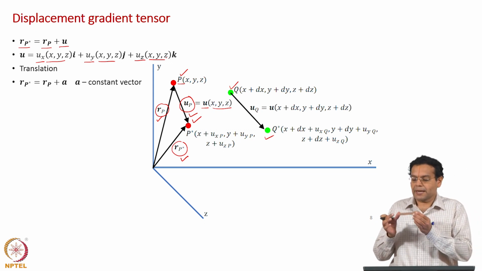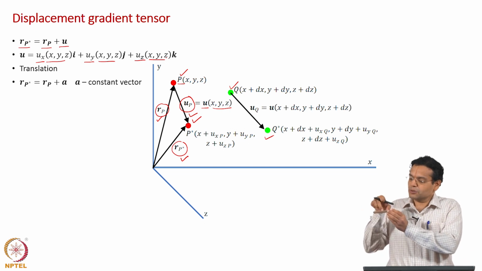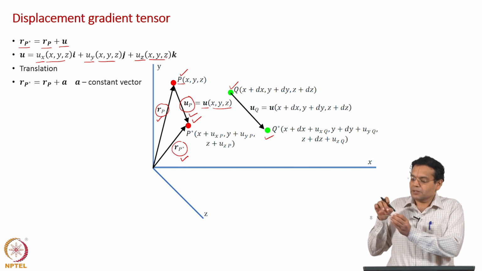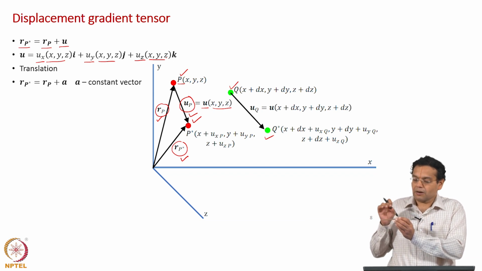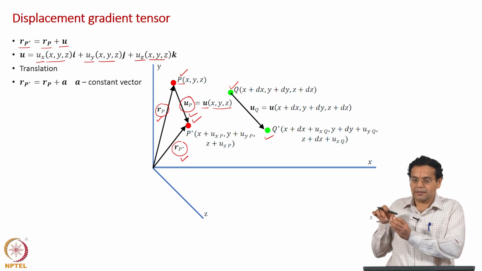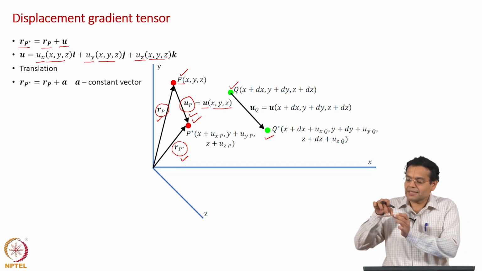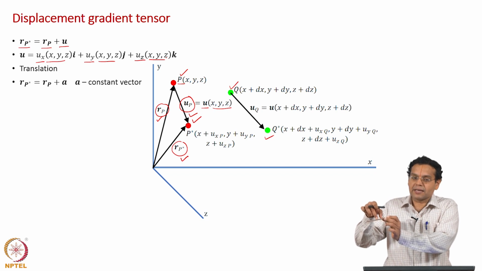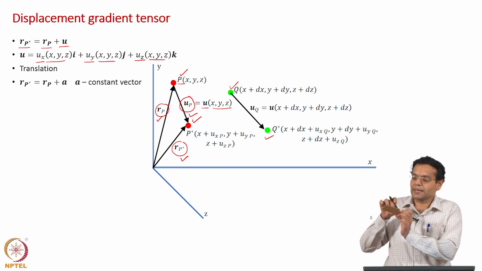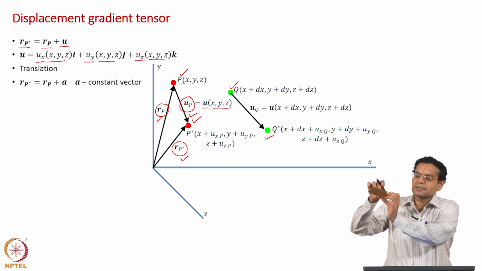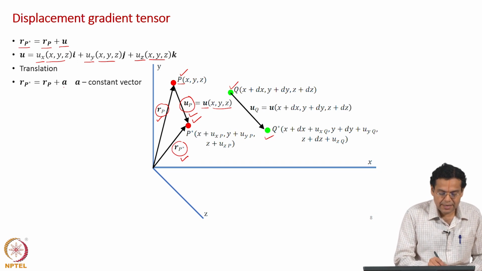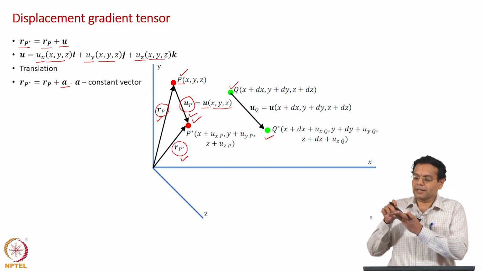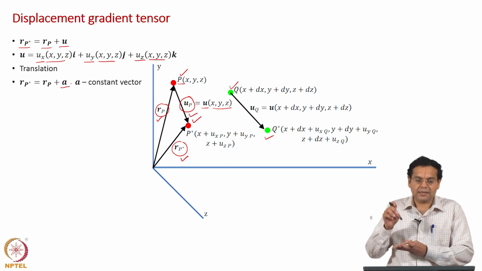Repeat again, the plate, let us say, moves along a straight line. These two points also have the same displacement, both have the same displacement, and in this case A is a constant, just a scalar. In all cases A is constant; in this case it is a scalar. But suppose the plate gets translated like this, then A is a 2D vector. Now the plate can also move like this, in which case A is a 3-dimensional vector. So, in a general sense, A is a 3-dimensional vector, every point gets displaced by that either scalar or vector.